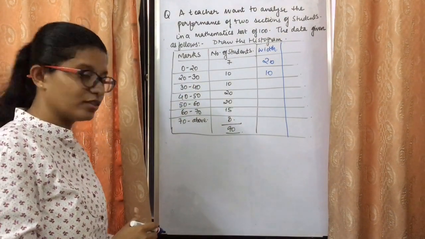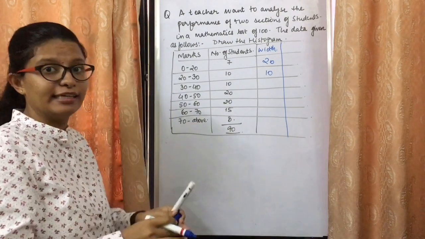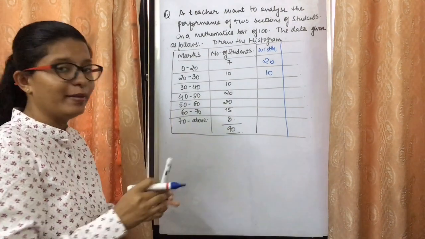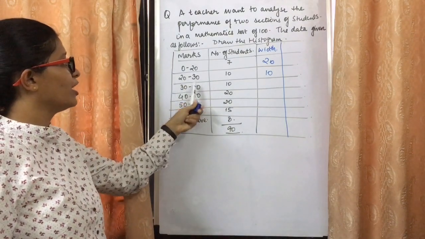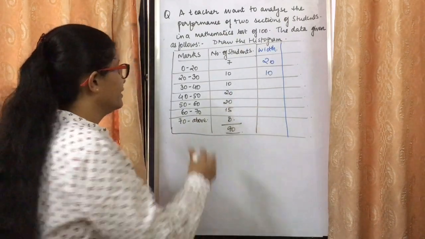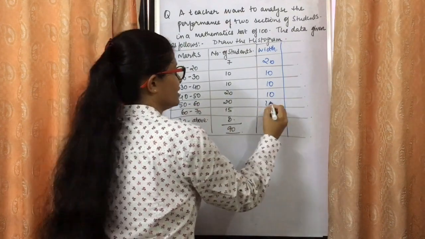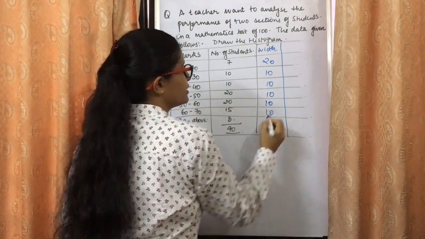यही मैंने पिछले वाले सब में आप लोगों को बताया था. उधर क्या था? उधर class width constant थी which we were getting as 8. सभी में 8 मिल रहा था. मींस upper minus lower हमको 8 दे रहा था. यहाँ पे upper minus lower पहले का 20 आ रहा है, दूसरे का 10 आ रहा है. 40 minus 30 is again 10. 60 minus 50 is again 10. 70 minus 60 is again 10.